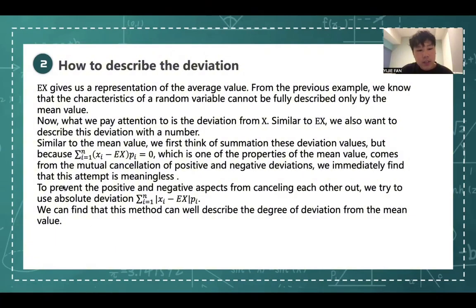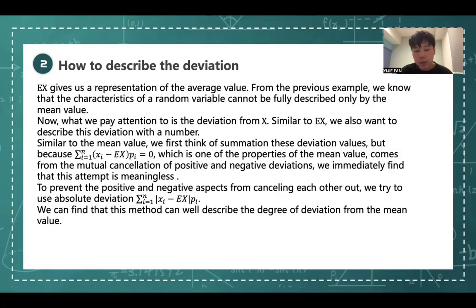We can find that this method can well describe the degree of deviation from the mean value. If this value is higher, it means the random variable is not stable